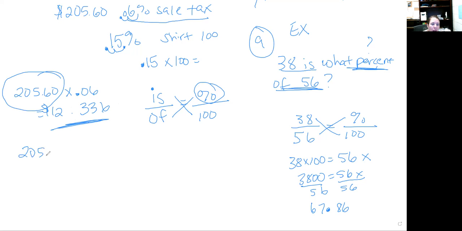So 205.60 plus 12.336 is going to give us 217, and I'm going to round to 2 decimal places, .94. So $217.94. If you guys have any questions about this, please feel free to reach out to me,